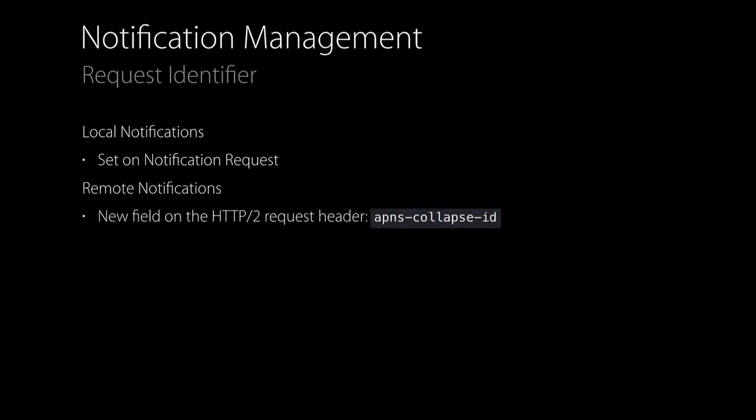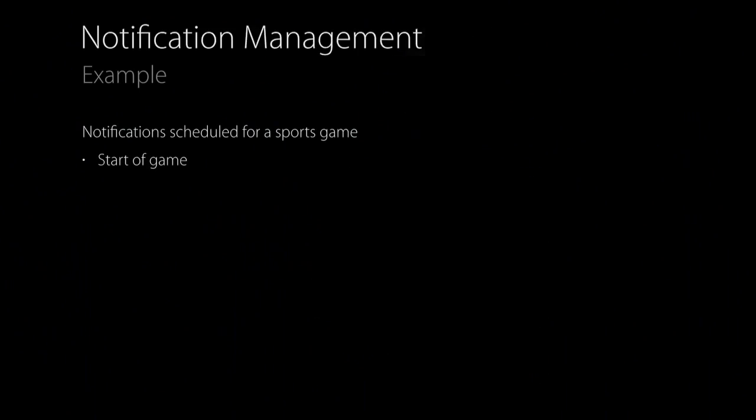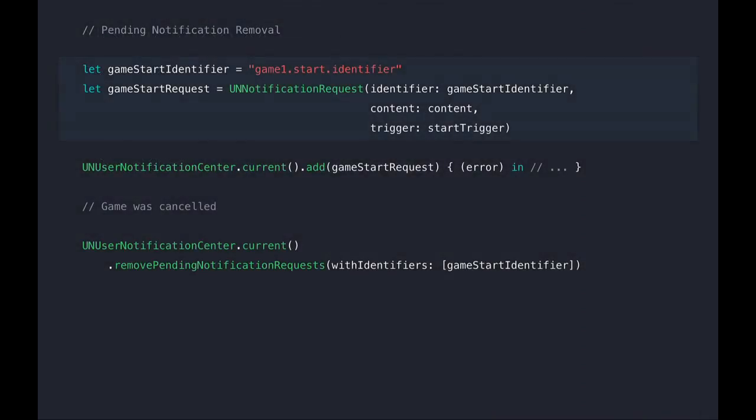Now, in the summary, you saw that the request identifier is set on the notification request object. And for remote notifications, there's a new request header, the APNS collapse ID, that you need to set on your payload. The system uses this request identifier for knowing which notifications you're requesting to be removed or updated. Let's take a look at notification management with an example. Say your application wants to send notifications for a game, and it wants to send notifications for the start time of the game. So you start out by creating your UNNotificationRequest and scheduling it with the system,